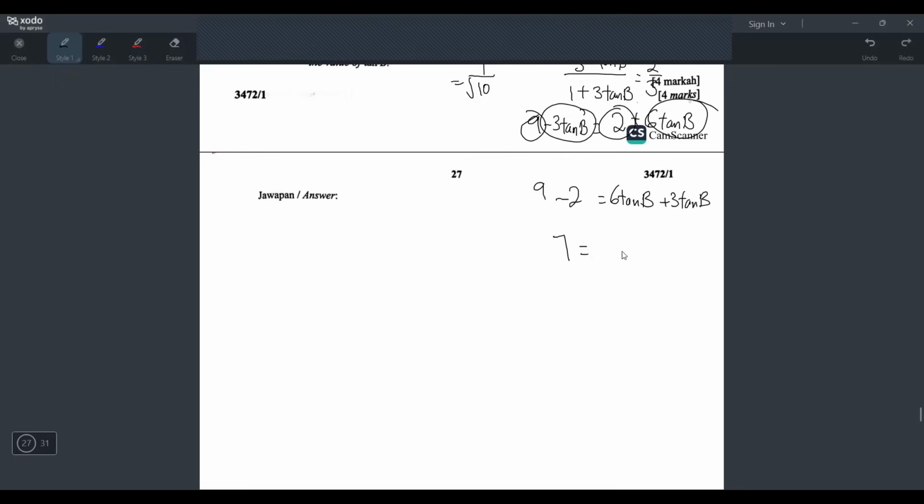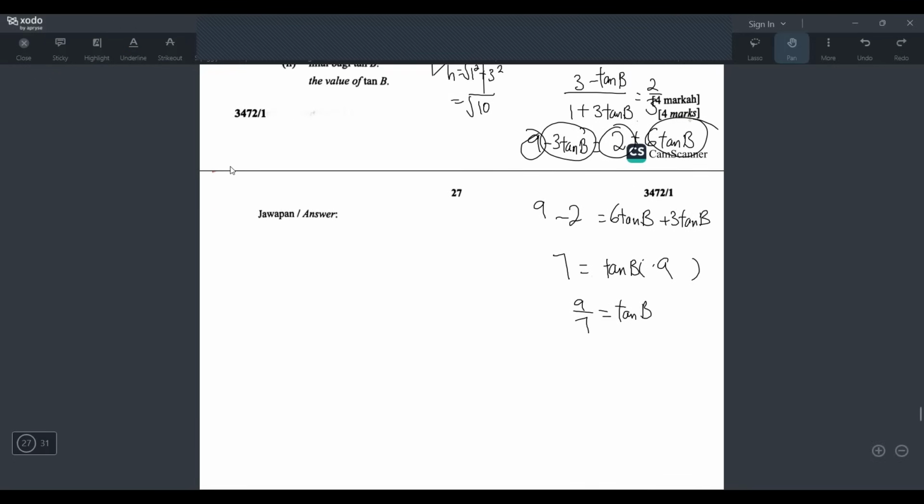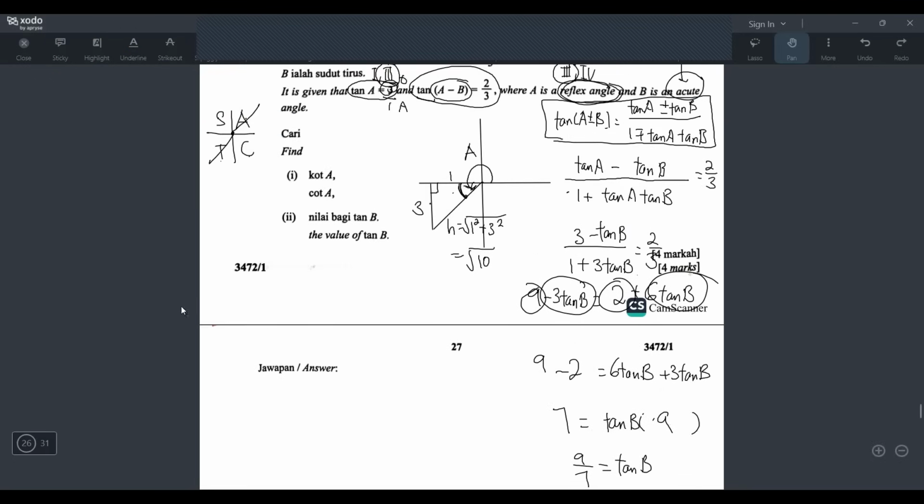So you can actually factorize it. Right? You can take out tangent B, it becomes 6 plus 3 like this. But we all know 6 plus 3 is 9, right? So straight away just write 9 here. Okay. So now it becomes tangent B equals 9 over 7. Okay, and you can find B, right? You can throw away the tangent and press the calculator, shift tangent, but don't do that. Because if the question never asks you to find B, you shouldn't do that,